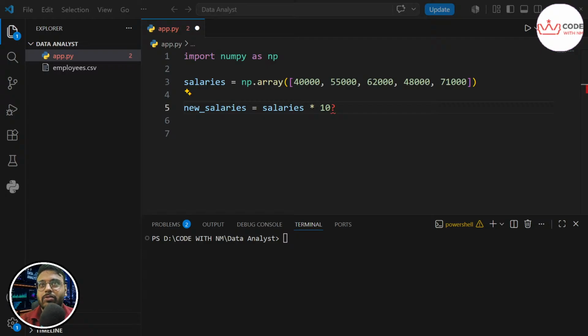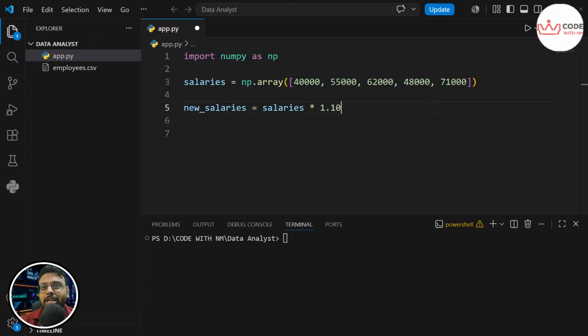Let me quickly jump onto the live chat. Okay, good enough people are watching. Wouldn't NumPy use loops internally? Yeah, but I don't want to go into how NumPy has been created. Shashank says no, 10 by 100 into salary. So what is 10 by 100? 10 by 100 is 1 upon 10. So if you understand, I will write the answer and let's see who understands this. This is the appropriate answer.